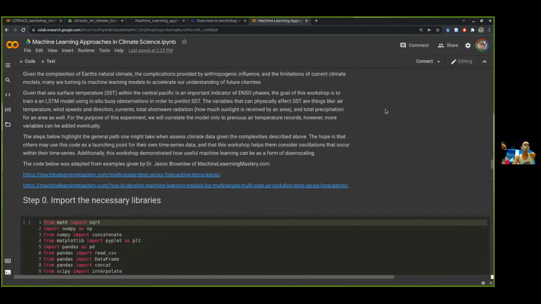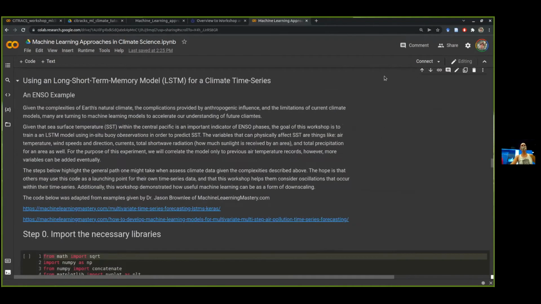Okay, but if you scroll down to using a long short-term memory model for climate time series. Well, first, thank you, Mingyue, for summarizing a really complex phenomenon in atmospheric science. Hopefully, you all understand why we care about ENSO. It has a lot of global impacts, and right now it's one of the most difficult things to predict